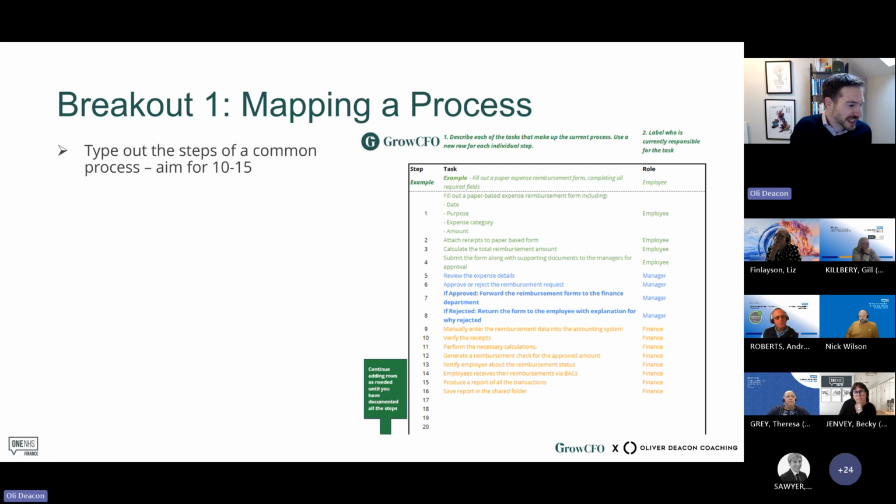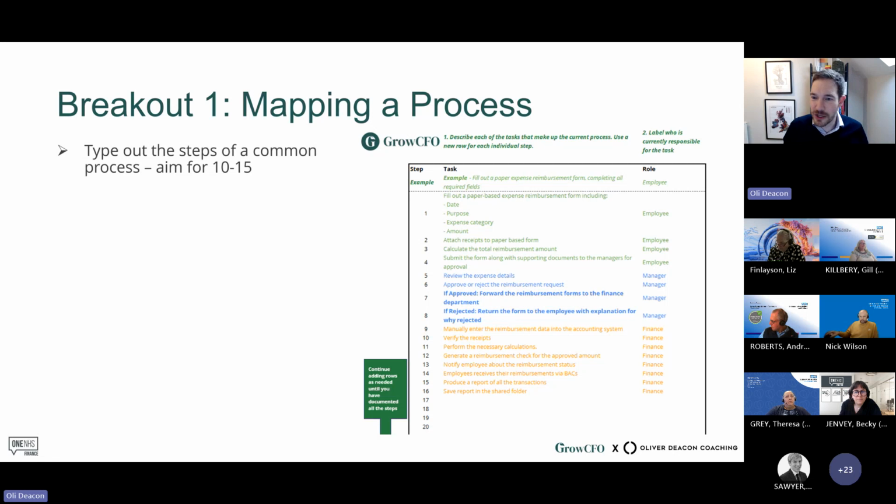So what we'd like to do is have one person pick a process that somebody in the group has and collectively think about what the steps are. So ask some coaching questions to help that person. Maybe one person's doing the talking, one person's doing the typing, something like that. But what we'd like you to do is capture as many steps as possible in 9 minutes of any kind of process that you're running today, with as much detail as you feel comfortable getting into. And then we're going to show you how we can do something with this.